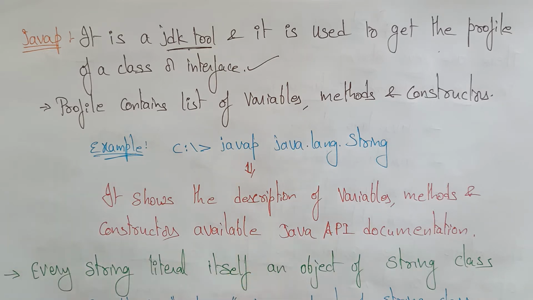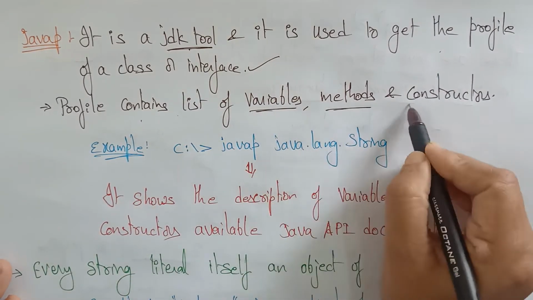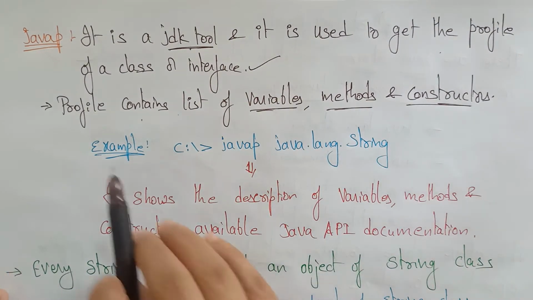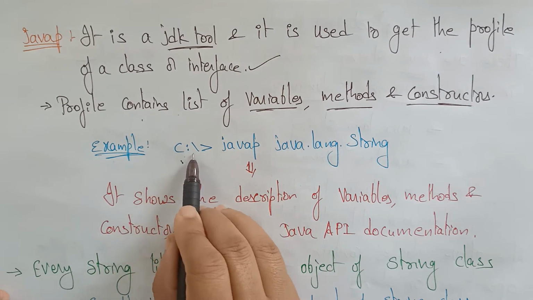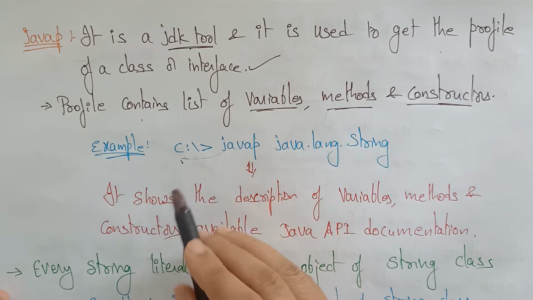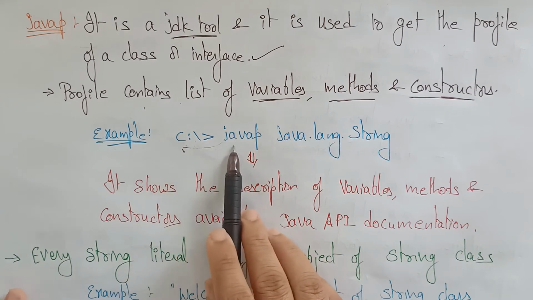So javap, space, and give java.lang, the sub packages and the related class. Then you will get the related methods and constructors for that class or interface. This profile contains a list of variables, methods and constructors. For example, in the command prompt, wherever your Java is present, running as administrator, you can give the path and type javap